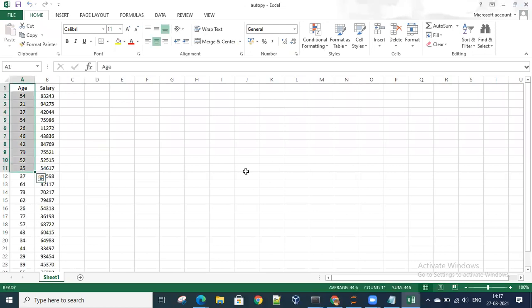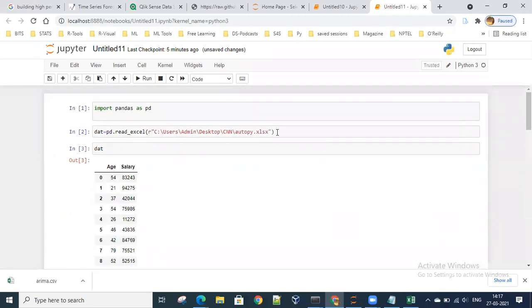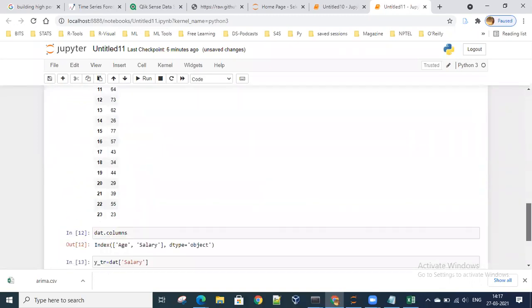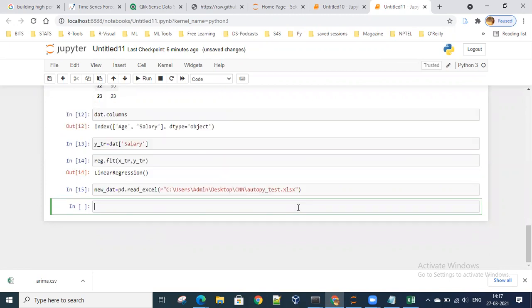I'll save it. I'll say, when I made the model, new data set, test. Now if I'll say y_pred equal to...